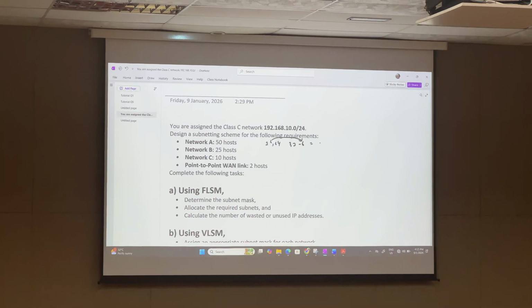Okay, if you look at the table here, I just want you to understand better. So 26 means here... what do we got? 26, right? Mask length 26. So this means the subnet mask actually